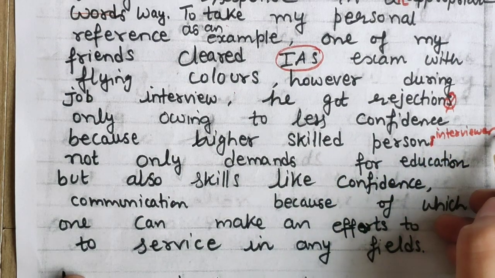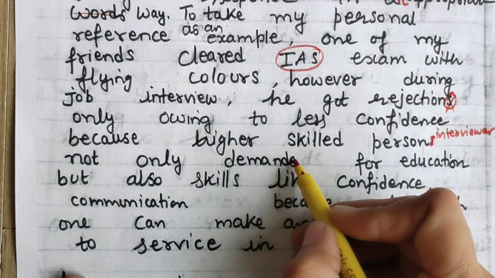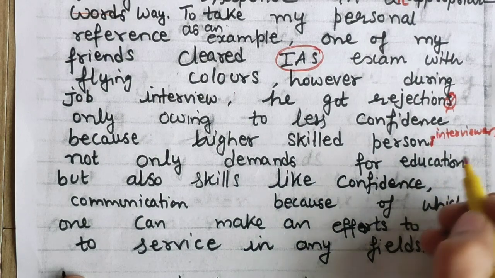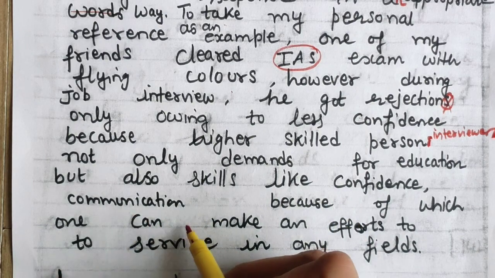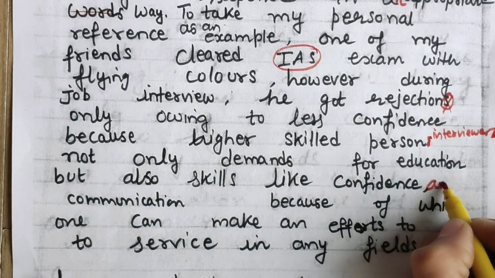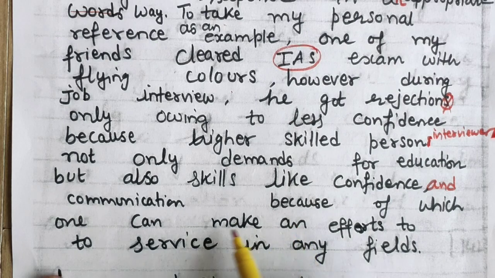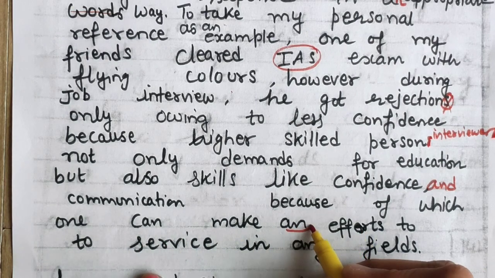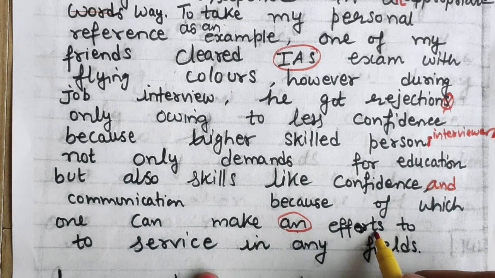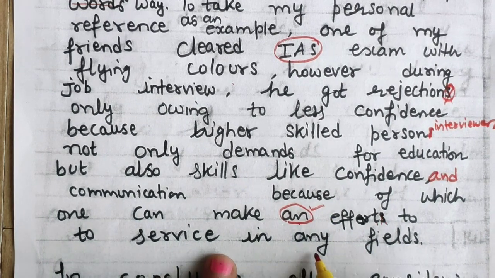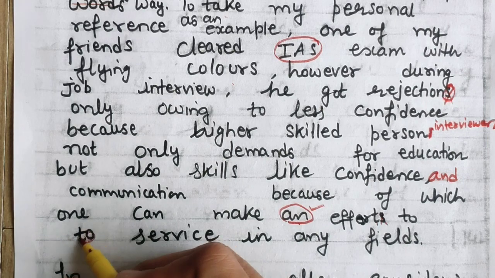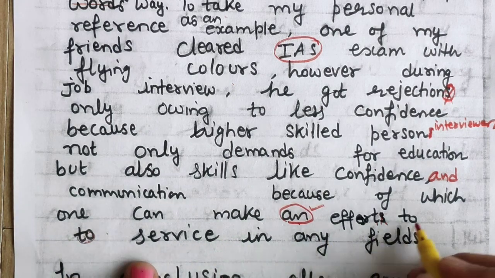So here we are talking about interviewers, not only demand. If we are talking about one interviewer, for education, but also skills like confidence and communication, because of which one can make an effort. You are writing an also and effort also, an effort. Okay, so that will come correct. To service in any field, to service, not for services, and to get service,